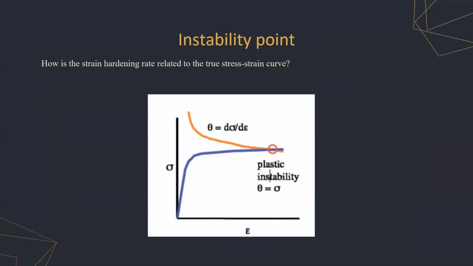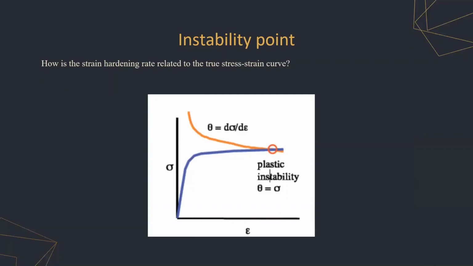I'll be explaining how the strain hardening rate is related to the true stress-strain curve. First, the instability point in the stress-strain curve, or in the material's mechanical behavior, is explained by the considered criterion. Let's examine here that the blue line is the true stress-strain curve and the orange line is the strain